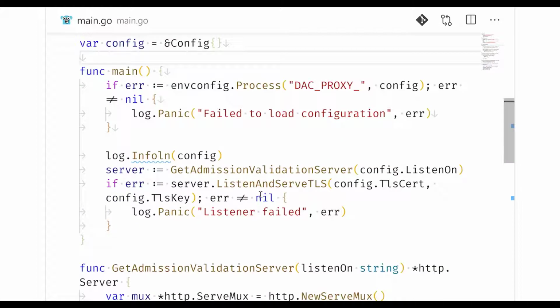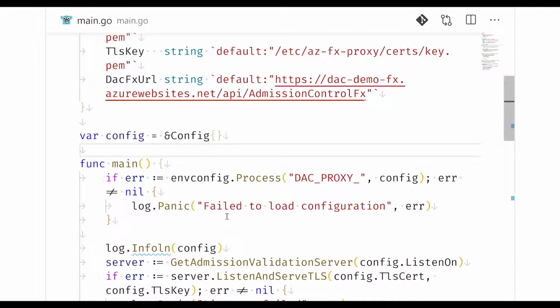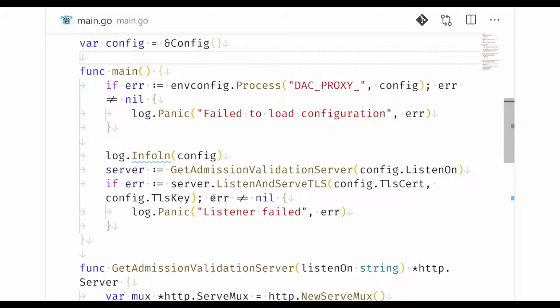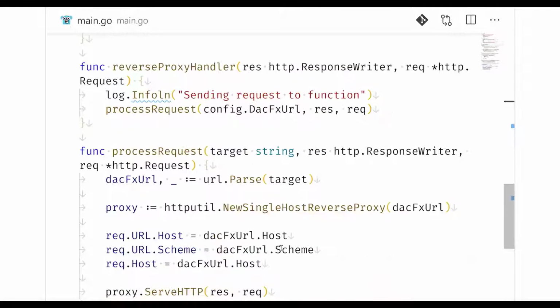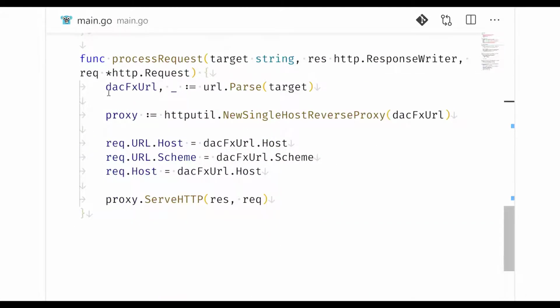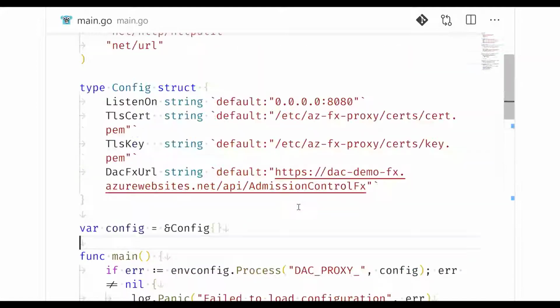As you can see, in the main method, we initialize a web server. This web server has just one endpoint that it listens to, which is the default endpoint. Whenever requests are sent to the default endpoint, they are transparently forwarded to the Azure function that we deployed earlier.